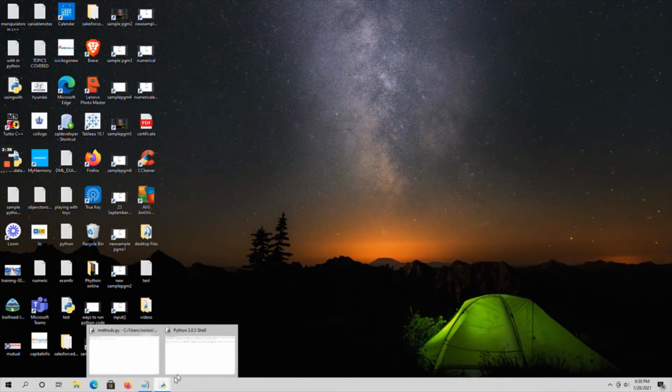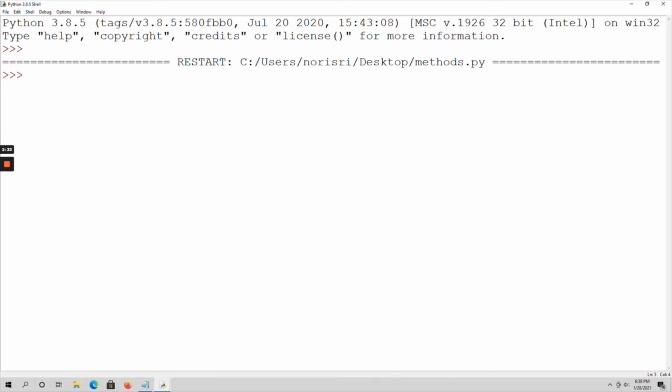Suppose you are going to perform the same rename operation in the shell. So here, import os. If you directly give os.rename like that, you will get an error message. If you are performing the rename operation in the shell, you have to specify the path. For that we have to know the current working directory. See here, this is my current working directory. By specifying this path I have to rename while working in the shell.